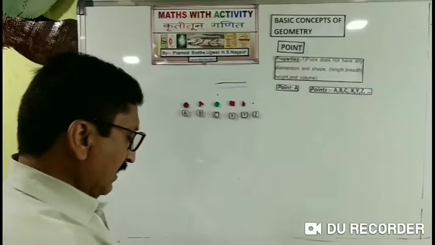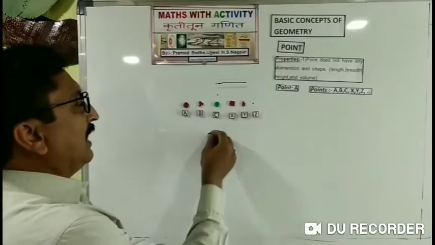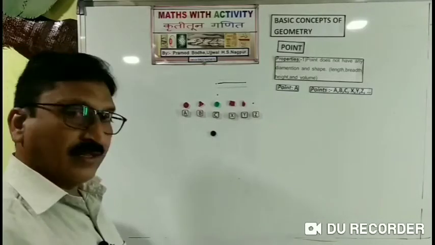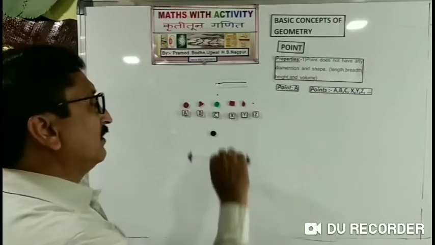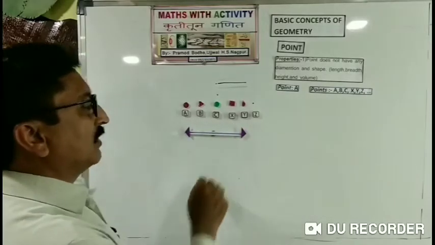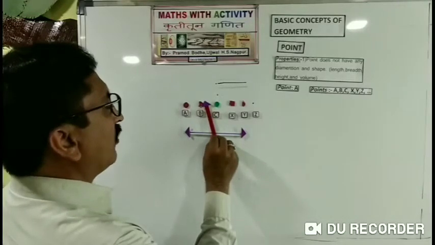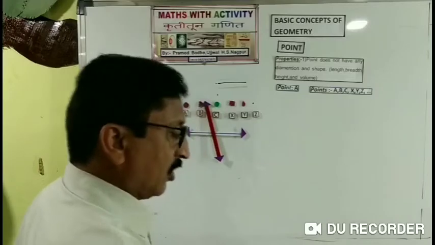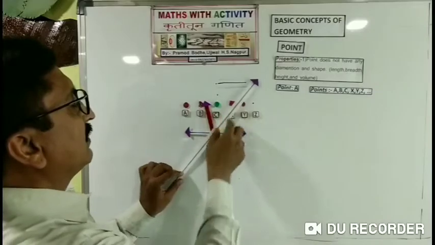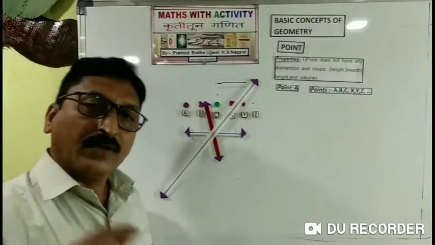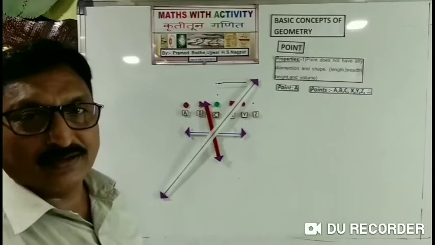Now we have to study some relations between a point and a line. Suppose I take a point. Now how many lines can be drawn through the point? Suppose I keep a line passing through the point. I will take a next line passing through the same point. Let's draw a third line also passing through the same point. That means through one point it is possible to draw an infinite number of lines.